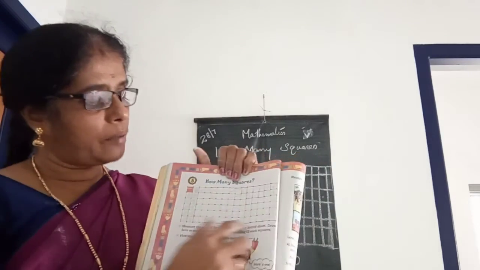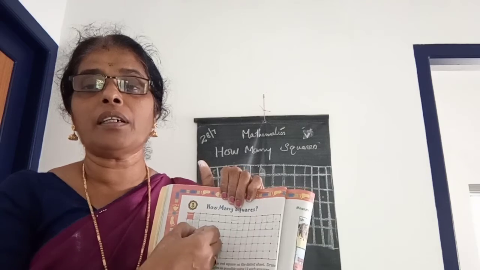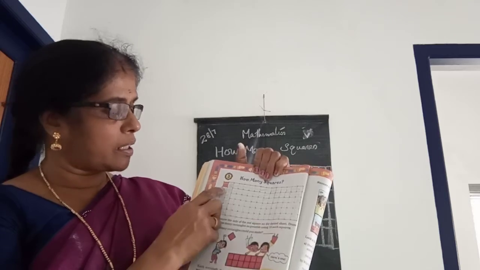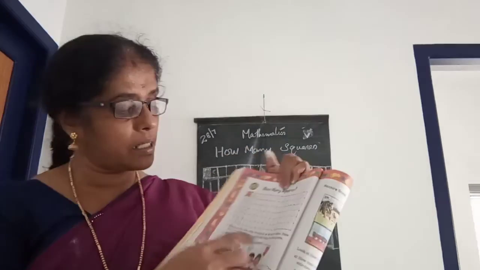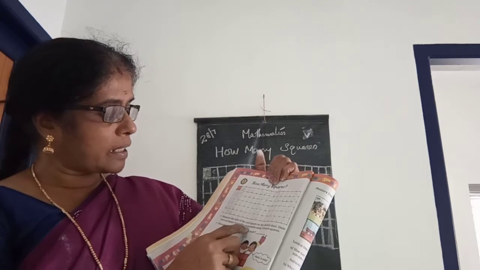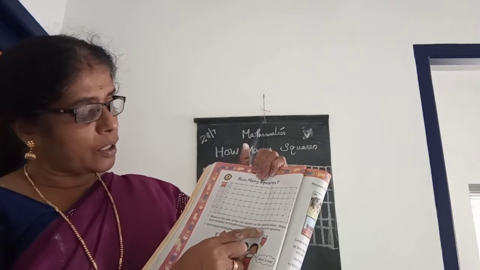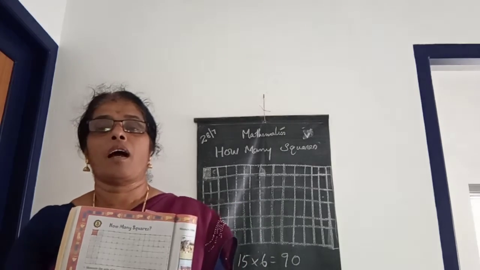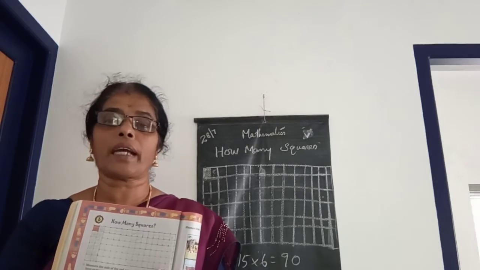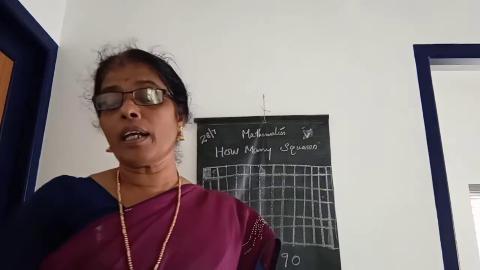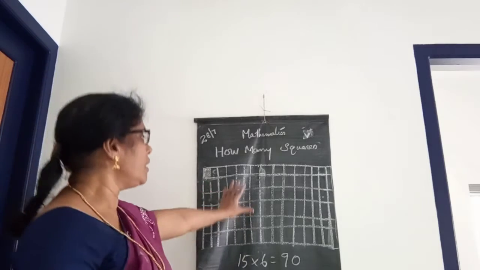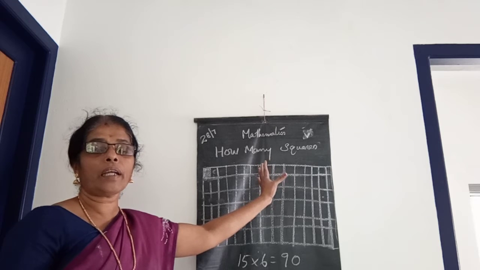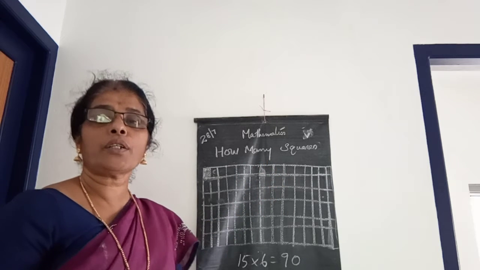So how many squares will you get from here? 90. You will get 90 here. And the side of the red square on the dotted sheet, which we already used, is 1 centimeter, isn't it? And draw here as many rectangles as possible using 12 such squares. How many rectangles can you make by using 12 squares? Here there are already 90 squares. And how can you make rectangles by using 12 such squares?